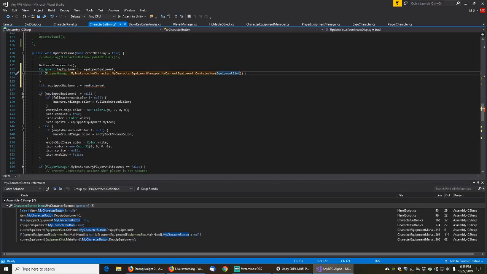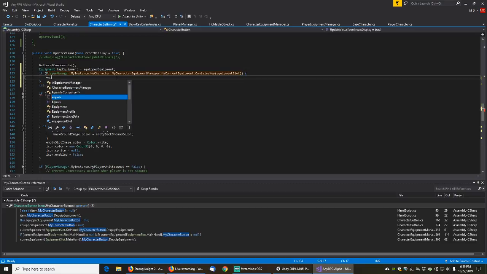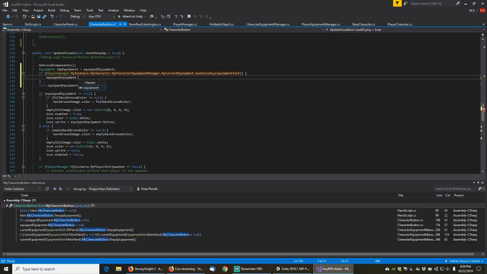No, equipment slot with a lowercase. Yeah, there. So basically, if the player manager has anything in this equipment slot, then our equipped equipment equals